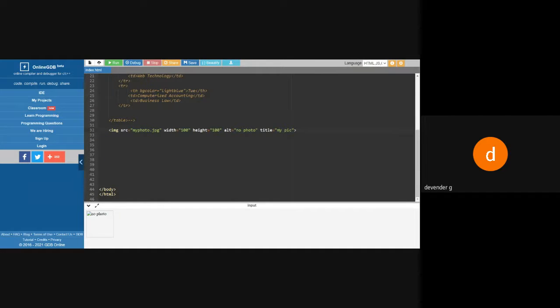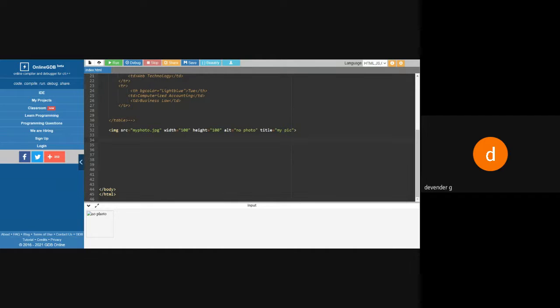Any doubt regarding this image tag? We can give the full address or you can shorten the address. When you go for the shortened address, see that the image should be placed in the same directory. It should not be in another directory or kept somewhere else. It should have some source. So I can have the full URL or I can have the small destination, depending upon the destination of your source. Why do I require width and height?